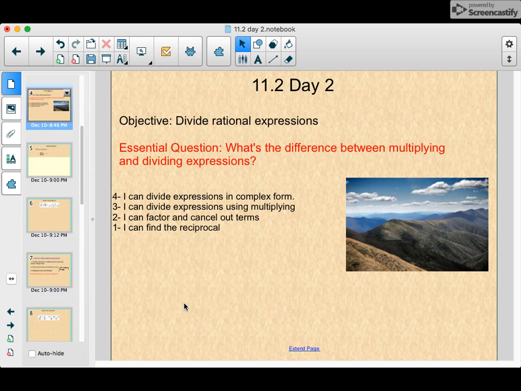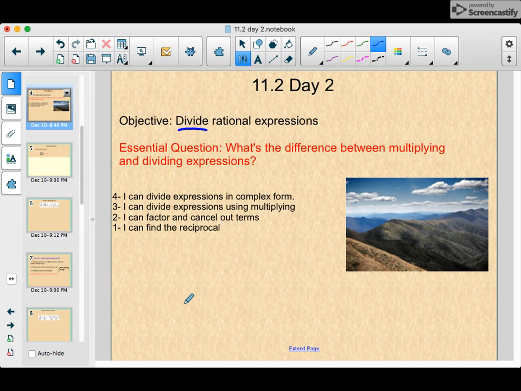11.2, day 2. You are dividing rational expressions. Essential question: what's the difference between multiplying and dividing expressions? The good news is if you can multiply, you can divide fractions because, for example, if I had given you a dividing fraction problem,